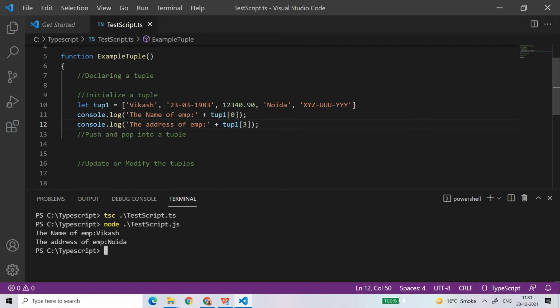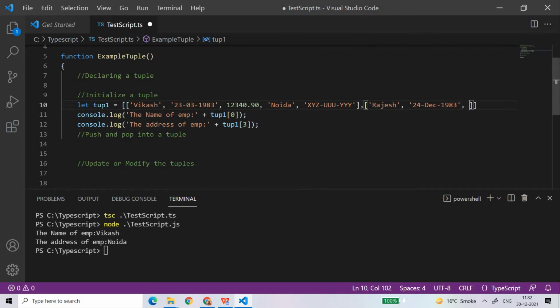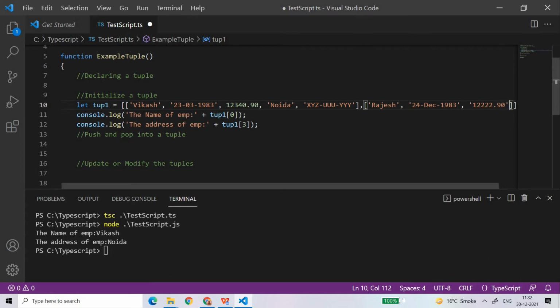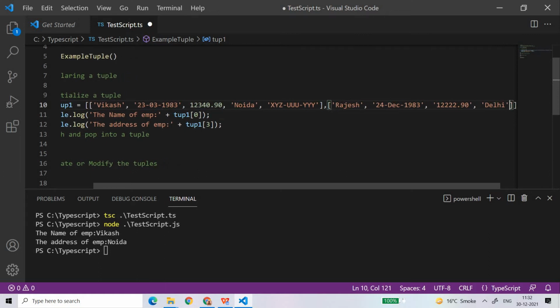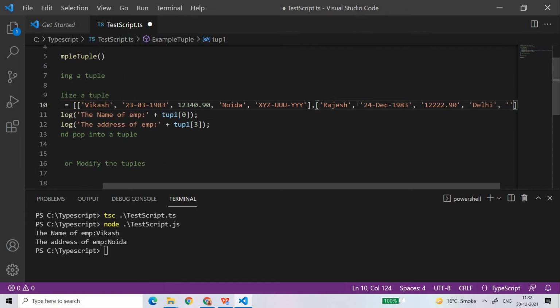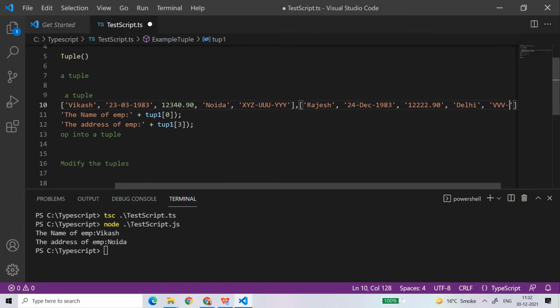Let me do one more thing. Apart from this, can we have two tuples inside a tuple? More than one tuple? Yes, we can. So here, let's see, Rajesh, and then you can have 24th December 1982, 83, anything. And then the salary 1222.90, and then the address is Delhi, and the last field is the SSN number, which is VVV UUU